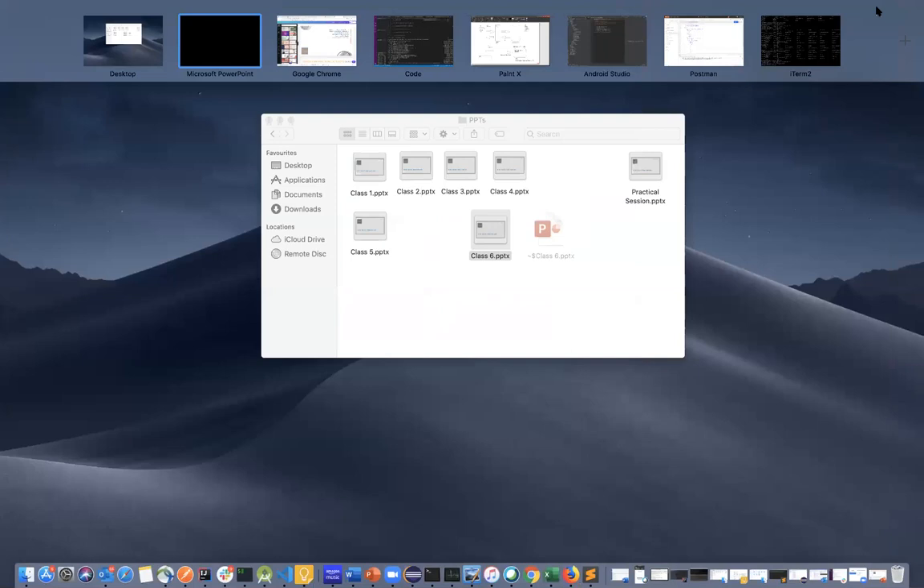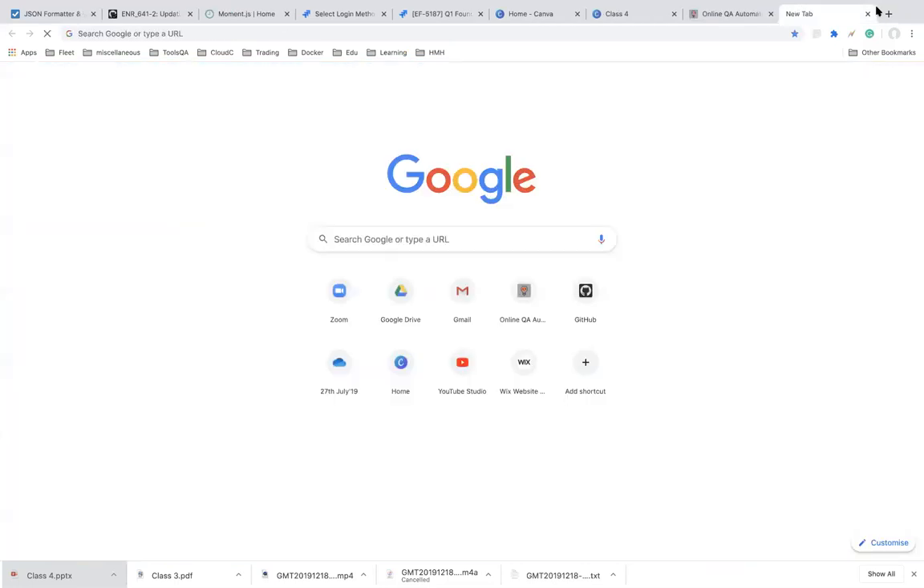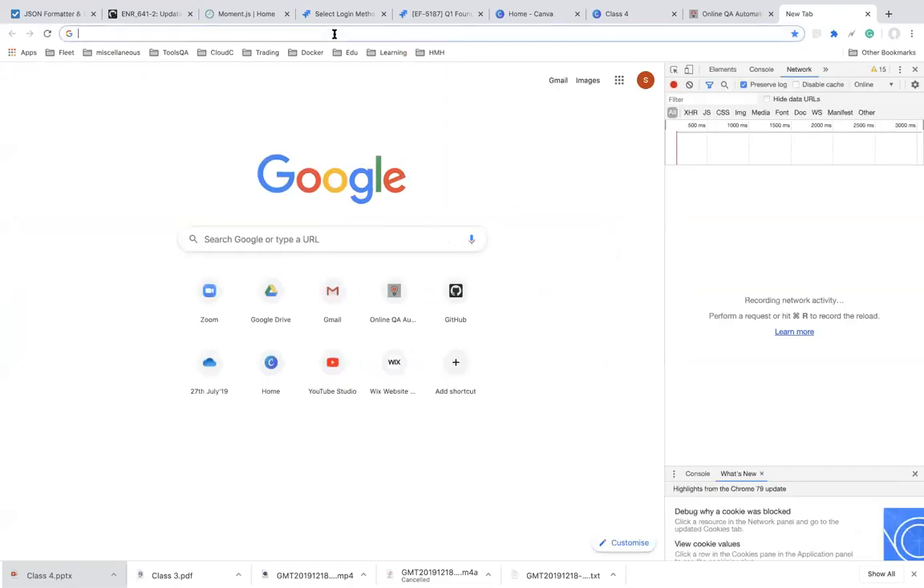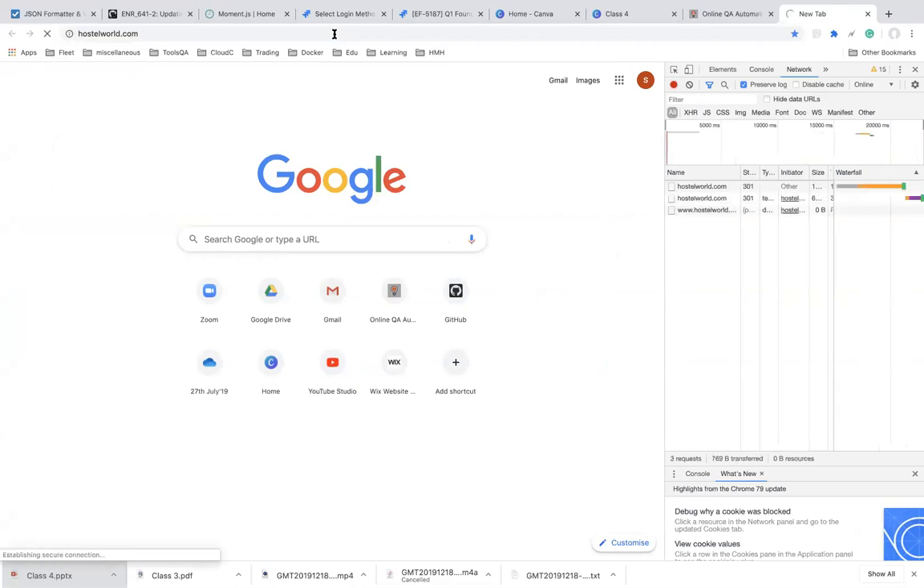So for example, I'll go to the browser console, and you can go to the browser console by hitting F12 in your browser. So I'll just say F12. That opens up your browser console. This is called the DevTools or browser console, right? I'm going to clear out everything. I'm going to just paste in or just call in hostelworld.com. Okay, hit enter. So as soon as the website is actually getting loaded,